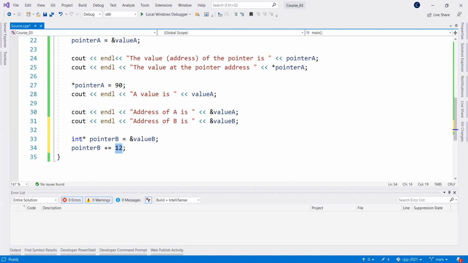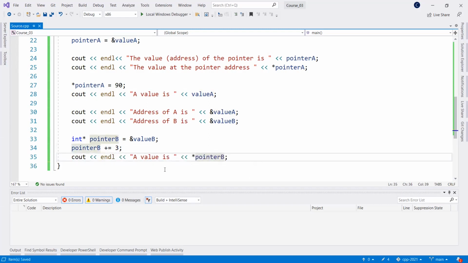And pointer, it's 3. Yeah, 3. It's 3 because it's a pointer to int. Exactly, because now it will jump 3 multiplied with size of int. So if I'm printing now the value, let's see, A value is